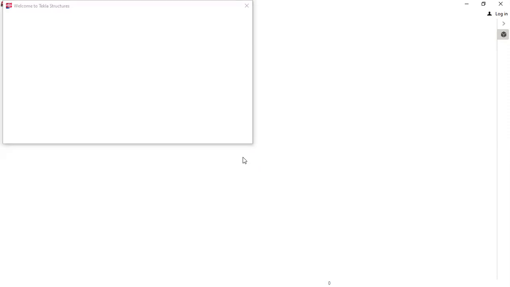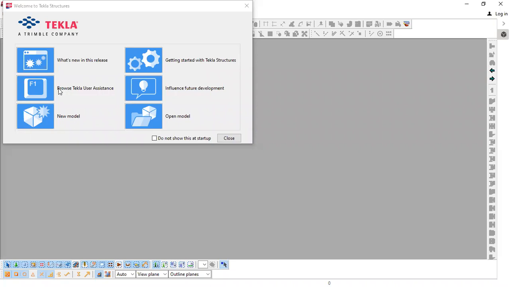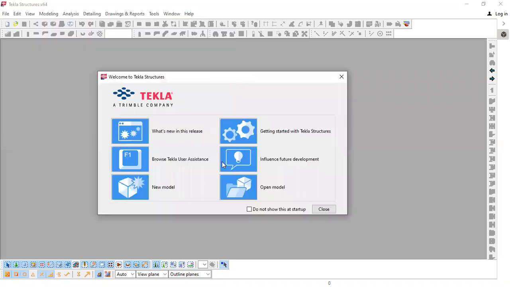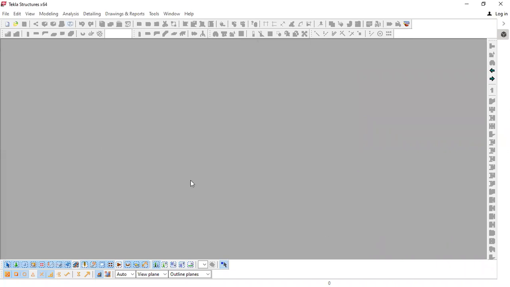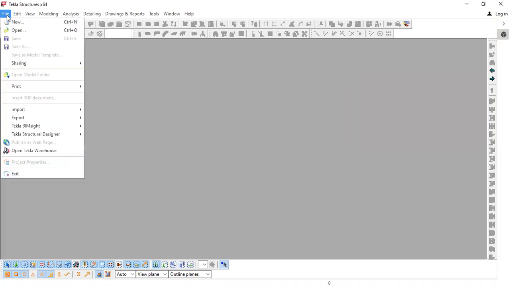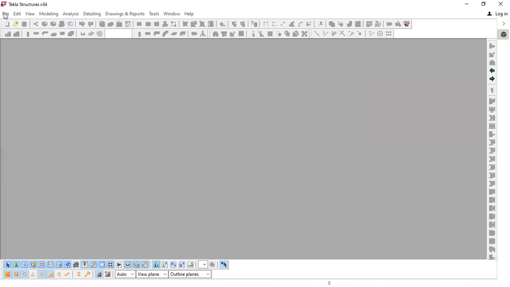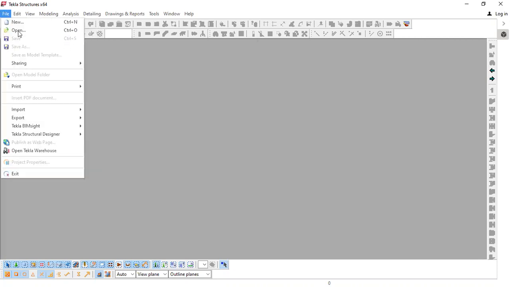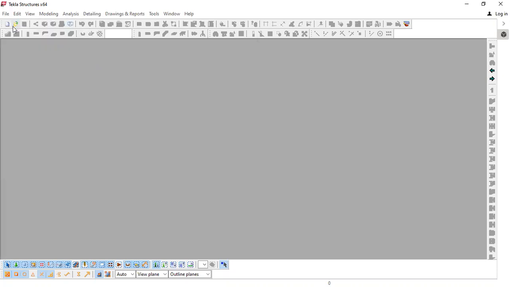Right. So this is a startup dialog box. Now we are seeing here. You can see that Tekla is asking me to open a model or create a new model. So I can choose it from here directly, or I can simply close it and go here. Here there is also open and new model option available, and in the toolbar also it is there.